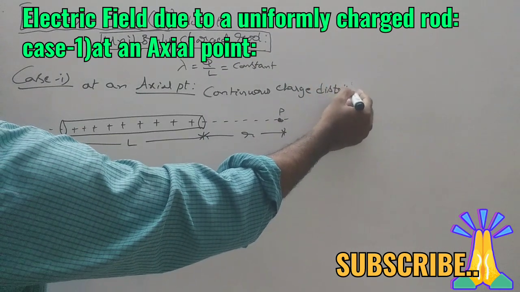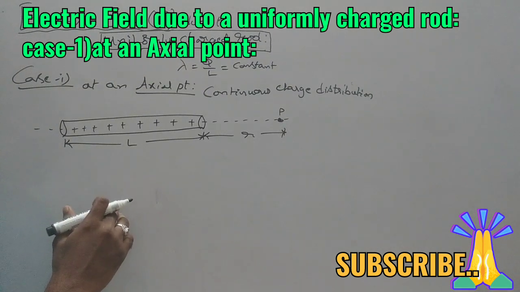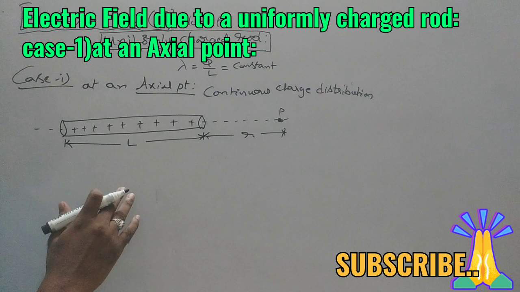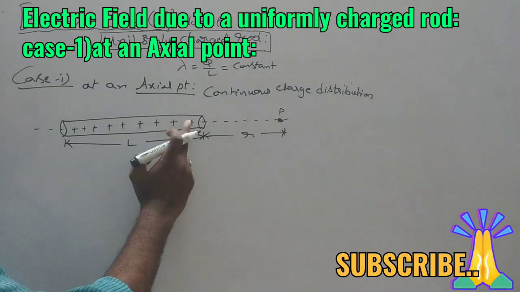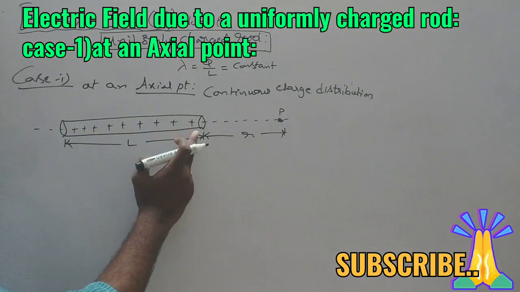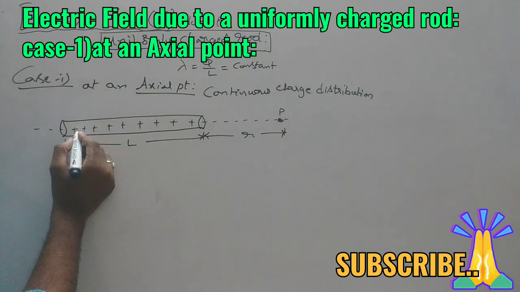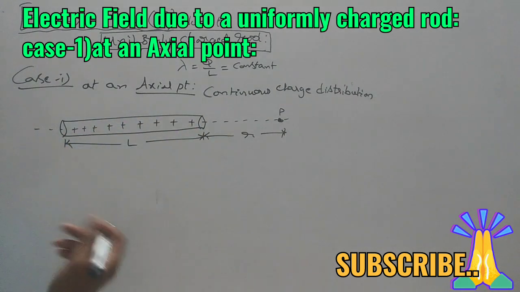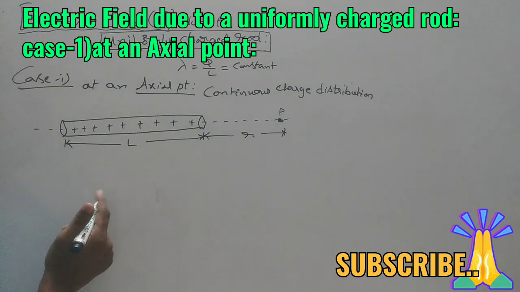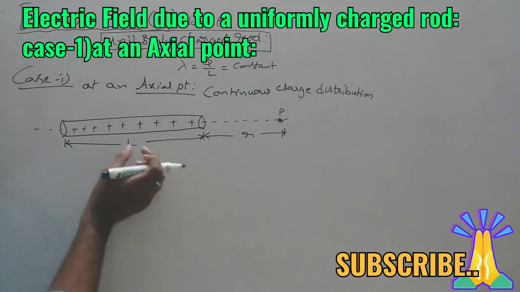In a continuous charge distribution, there is a procedure to find the electric field. Everything is based on previous knowledge only. We are going to find the electric field at this point P due to this continuous charge distribution. By observing, we can say this continuous charge distribution is also made of several point charges, which together constitute this continuous charge. So in this case, the first step in the process to find the electric field is, first of all, to consider